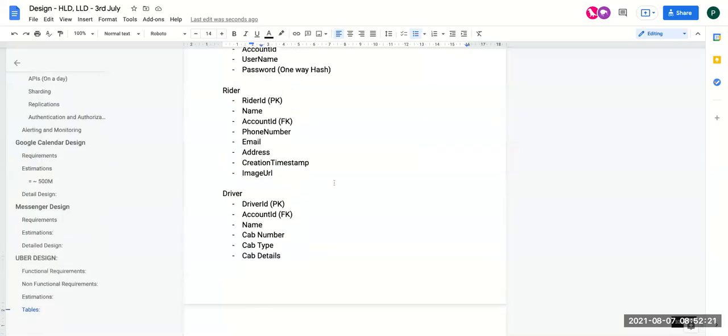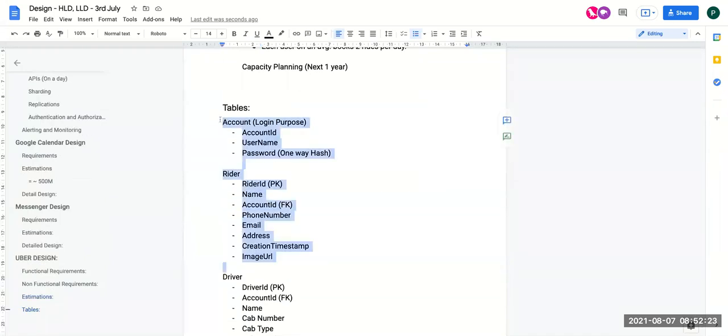Let's repeat it again. So basically, the reason why I want to keep it separate is, if we want to fetch the details about the rider, then we'll have to join it on the basis of account ID, correct? And shifting these fields into the account table is not adding any value because the space will be the same. If you're talking in terms of the classes, when we are transferring the data over the wire from the storage to